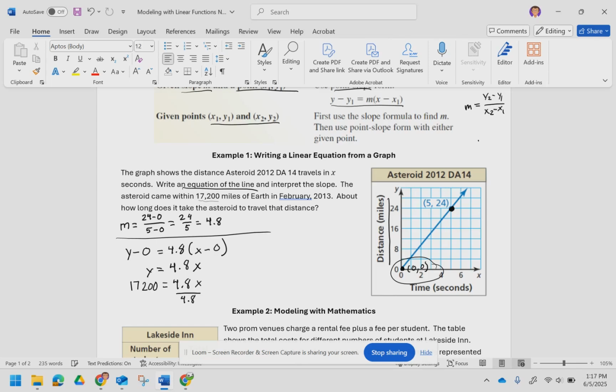I'm going to divide both sides by a 4.8, and that'll give me 1x is equal to, and we're going to round this off. So I'll make this an approximate